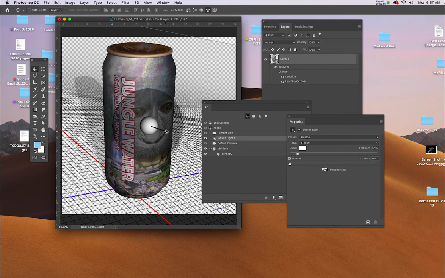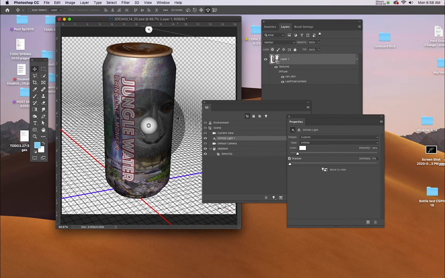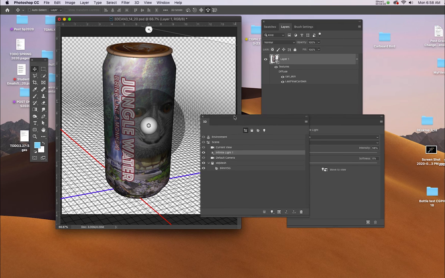If I wanted to, I could manipulate the light on the viewport itself by clicking on the little ball, or if I wanted the light to be centrally straight on, I could go to the properties, and in the properties you'll see a little light bulb that says Move to View next to it. When I click on that, it puts the light dead center. So these are the two ways in which you can get the lighting that you might need to proceed. I've got the light fixed, I've got the angle of the can, and now I'm ready to put it